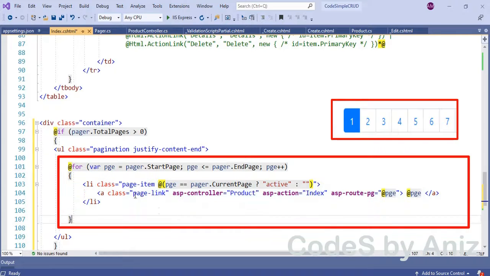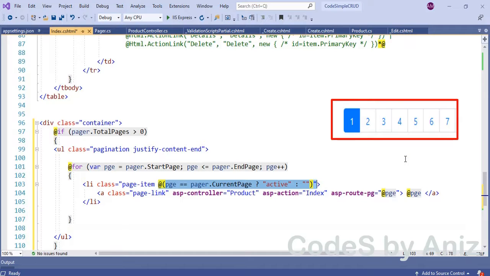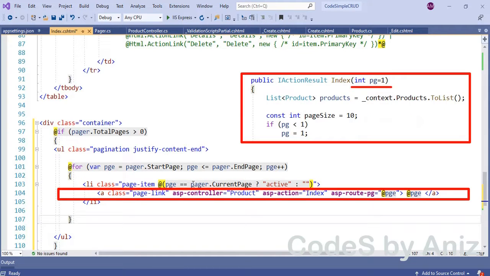Then add the Bootstrap class page-item to the CSS property. I have also added a conditional class. If the page equals to pager.CurrentPage, then make that page highlighted and selected. We do this by setting the class to active for the current page and leave it normal for the other pages. And then add a link tag A with class equals to page-link.